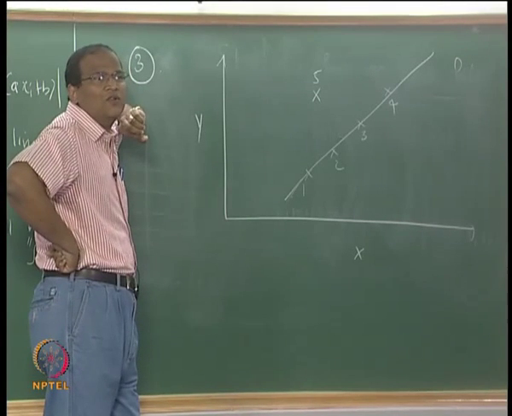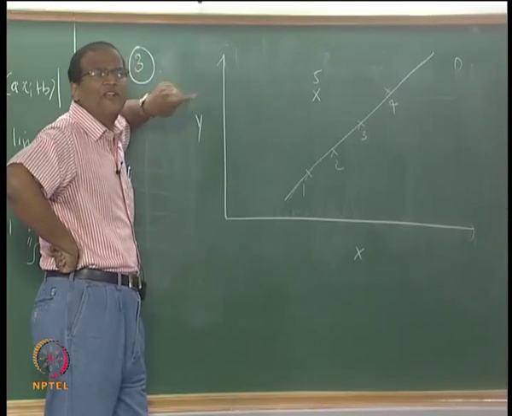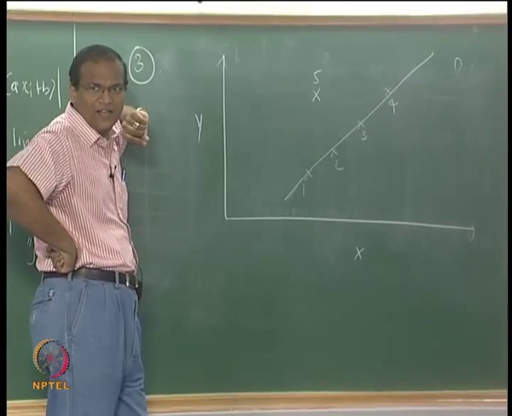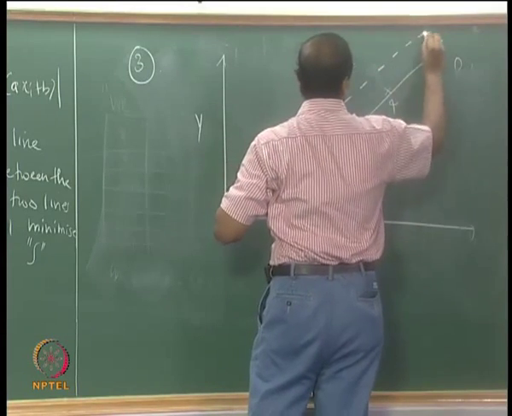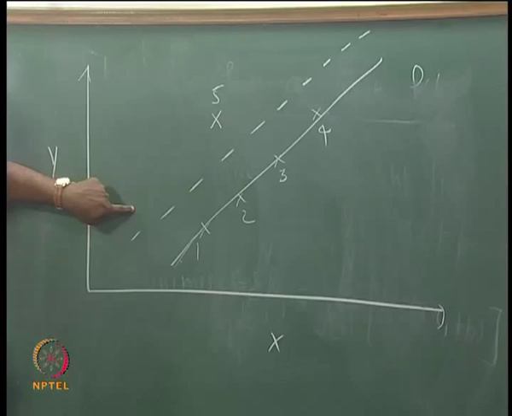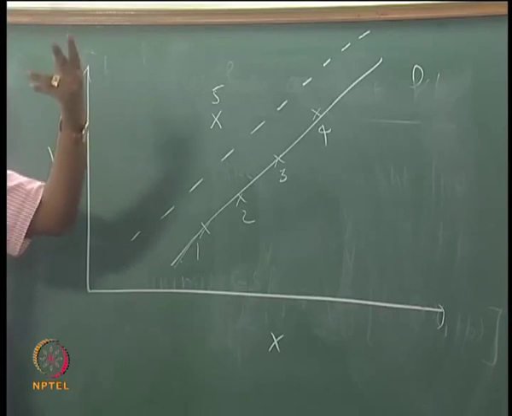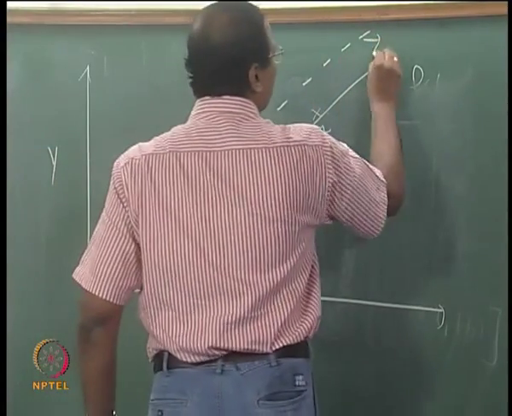Okay. So one strategy would be, I do not want 5 to get angry, I do not want 0.5 to get angry, I will choose a line like this. On what basis did I choose this line? This line minimizes the maximum deviation from any point. So it is based on what is called the minimax criterion.